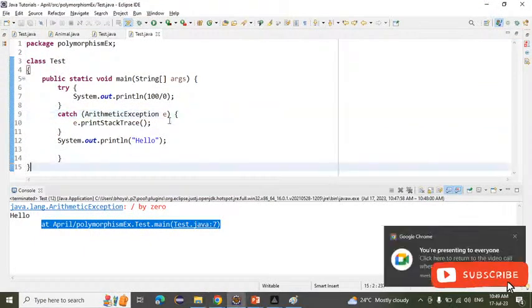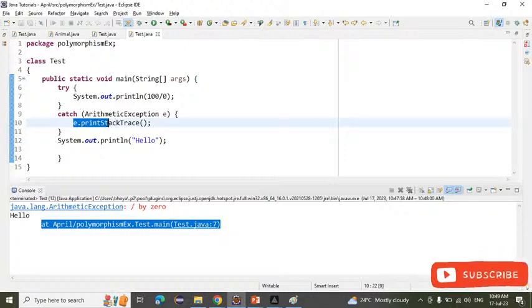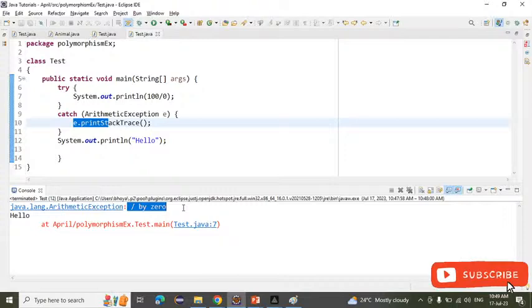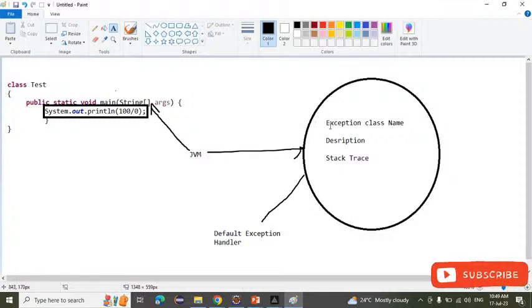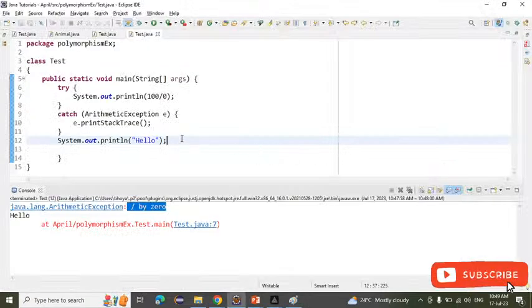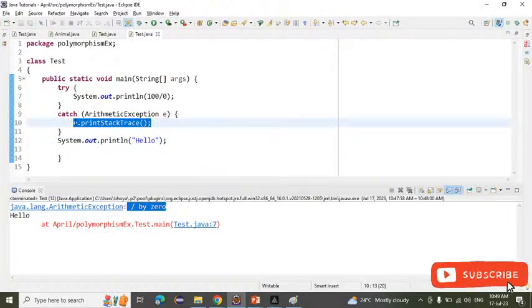Okay. So there are three ways of printing the exception message. The first way is System.out.println, where we print only e. That will print the exception class name and the description. After that, e dot printStackTrace. It will print all the things which are present inside the object: the exception class name, description, and stack trace. It will print all the things. Another way is that is the